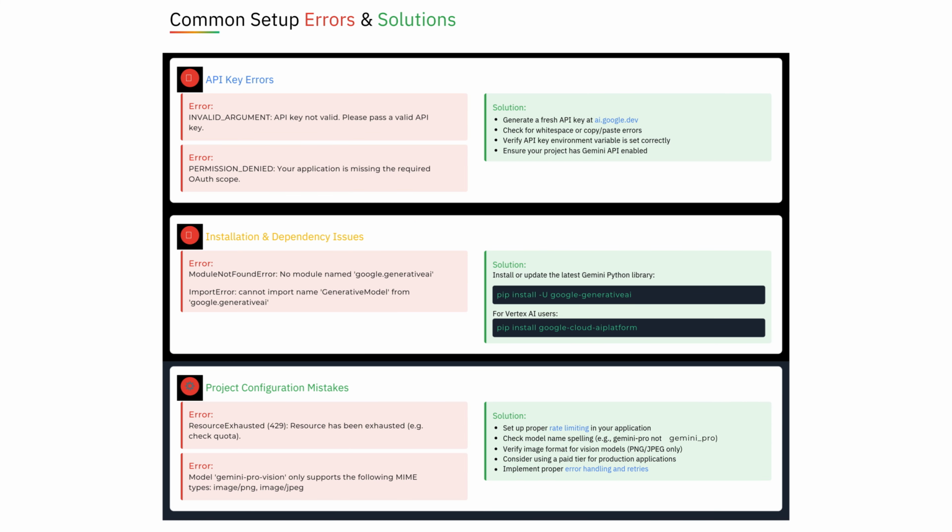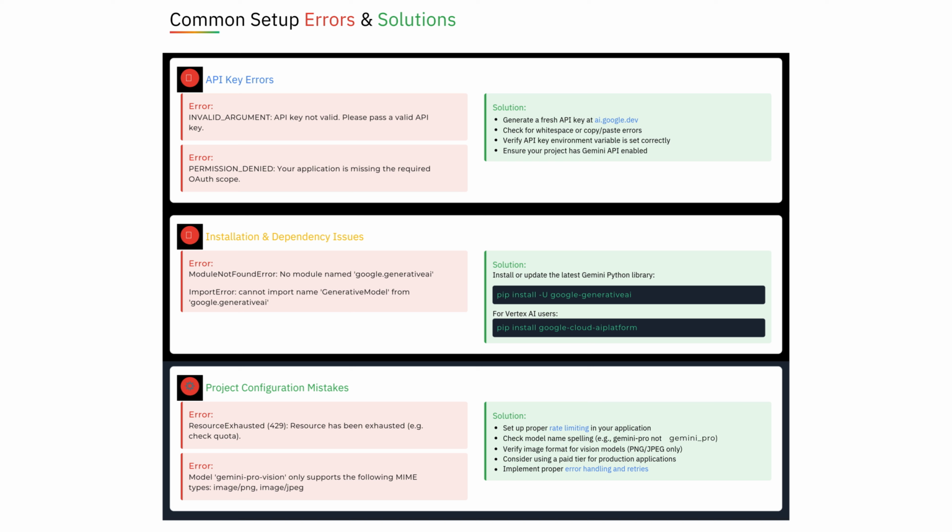First up, setup snafus. Getting started should be easy, right? But invalid_argument, API key not valid, or permission_denied errors can pop up. The fix? Double-check your API key generation at ai.google.dev. Ensure there are no copy-paste errors or extra spaces. Make sure your API key environment variable is set correctly and that the Gemini API is actually enabled in your